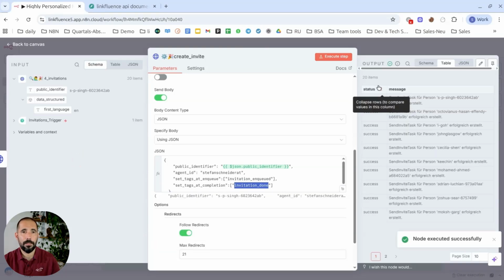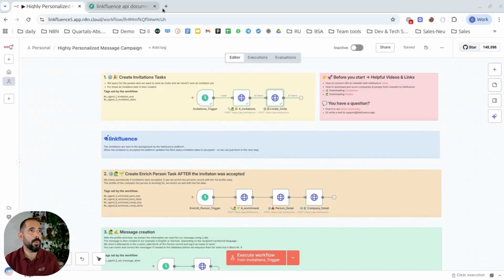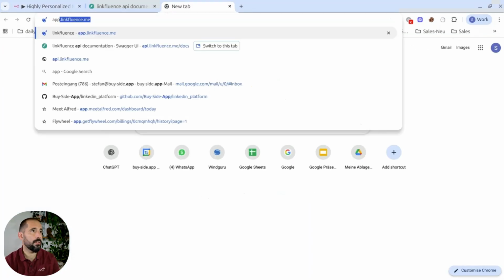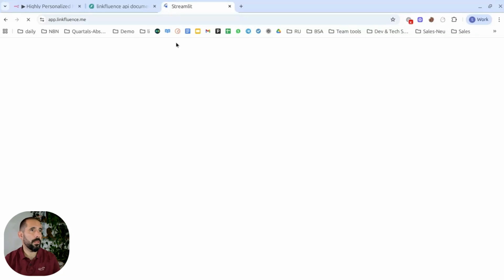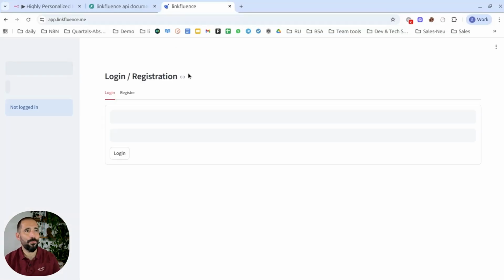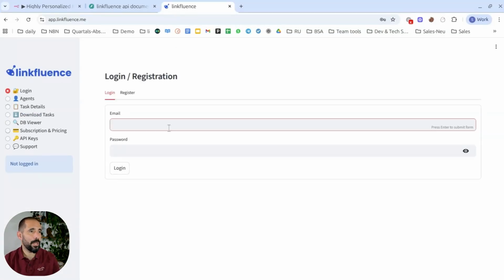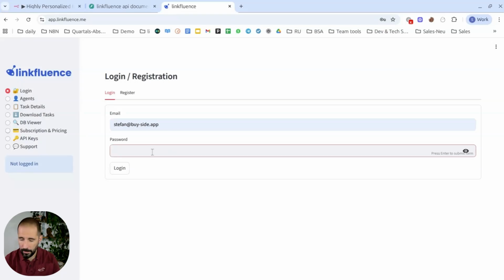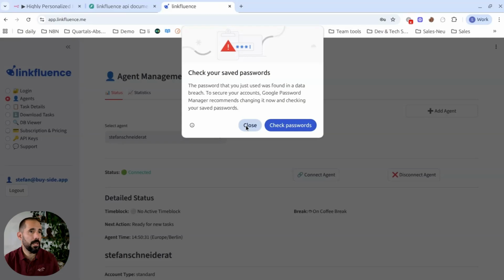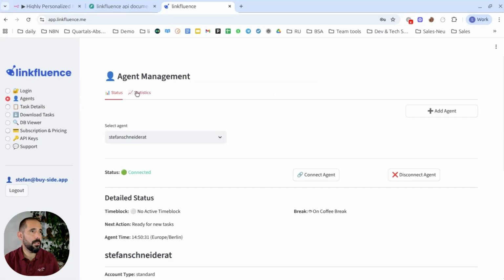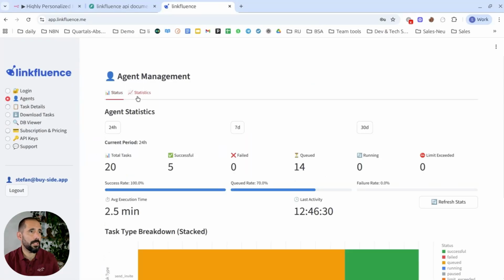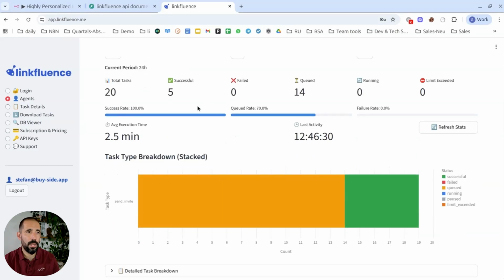That lasts a little bit. Okay, and now let's go and check if they were actually created successfully. So for this we go into the dashboard of the Linkfluence platform, which you already know from registering your account and creating the API key. Let me log in quickly. We go for that into the agent's detail view and check the statistics of this particular agent, and there we